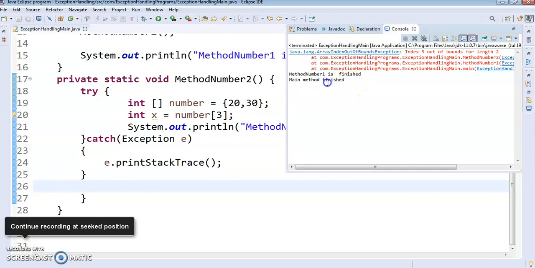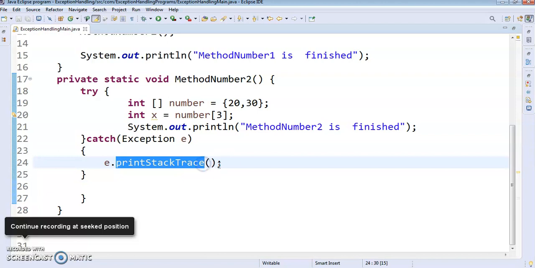Earlier these two statements were not printing because the exception was not handled at that moment. But due to this try and catch block, the exception is generated in this try block. Now it will be caught here, and it is printing the stack trace, meaning it will print all the probable exceptions caused here by the try block.